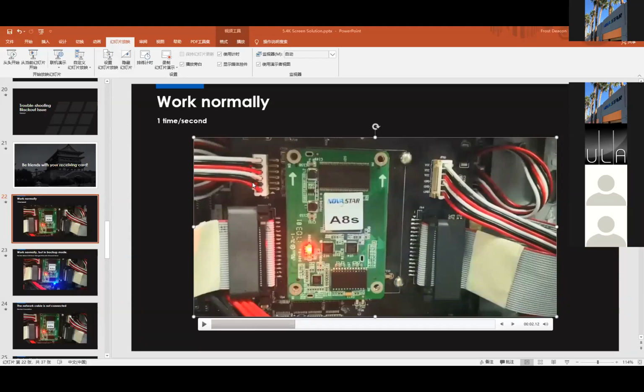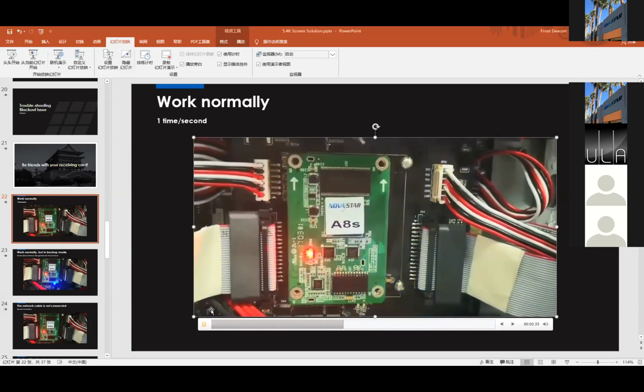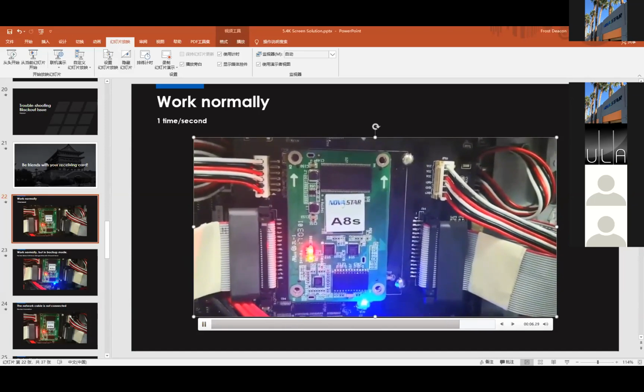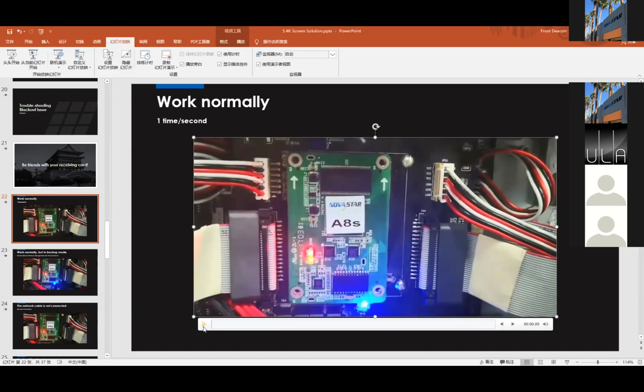All right, I'm back now. So let's say the videos here. When it works normally, it will look this way. Yes, 1 flash per second.